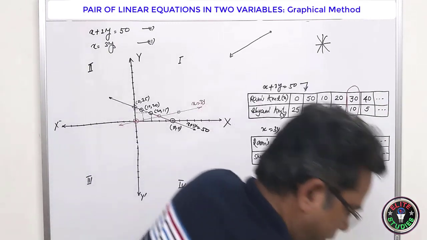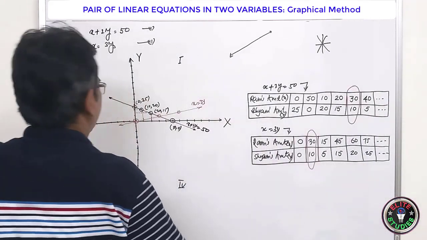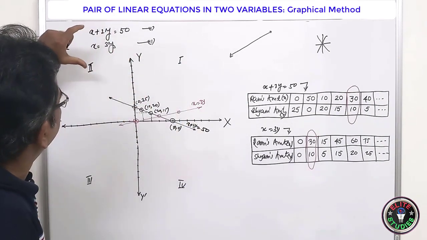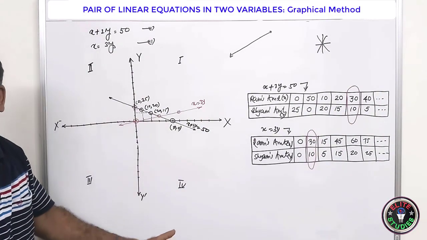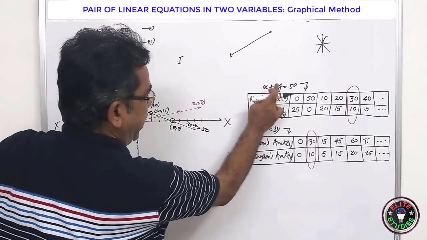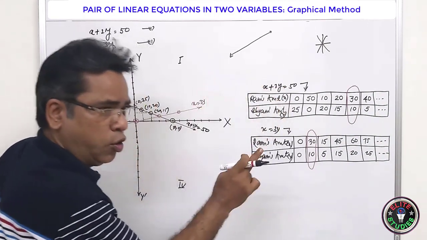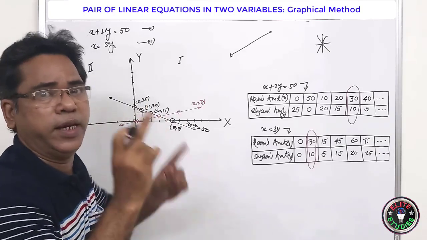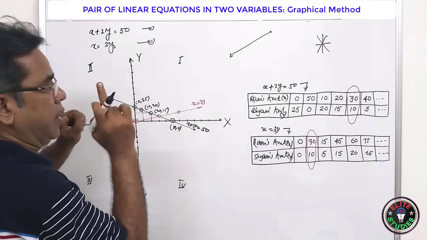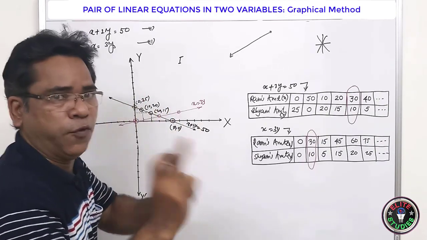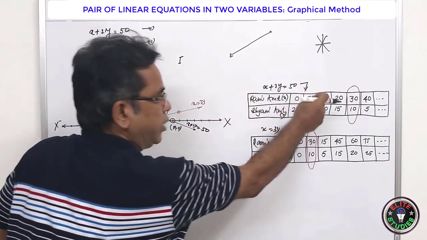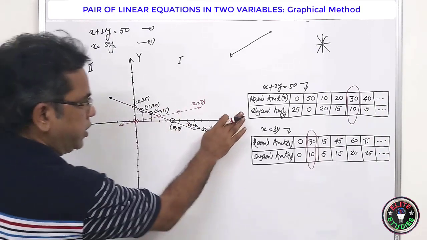Now what we see? We try to solve these two given pair of linear equations graphically. Here, very, very important, this is a linear equation. So I have already told you several times, a linear equation will invariably give a straight line graph. Remember, 2 points are more than sufficient to get the graph of this equation. But for confirmation, we can take 2 more points as we have taken here. Similarly for the second equation.